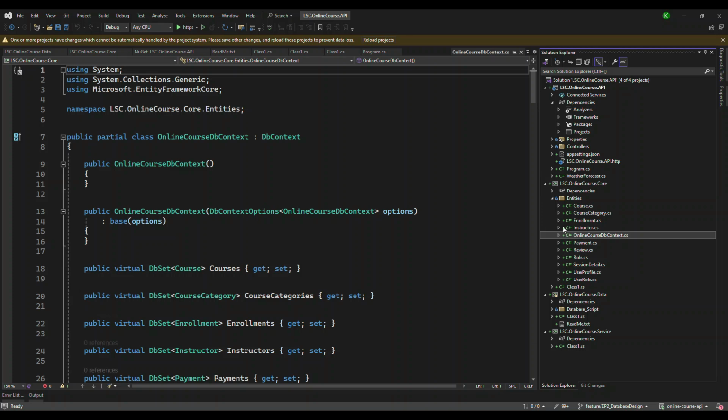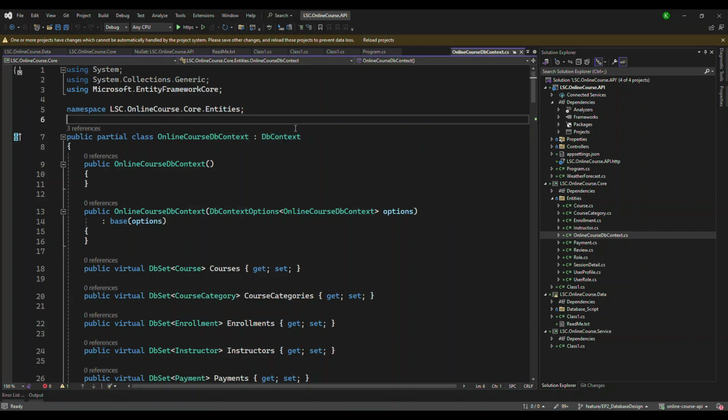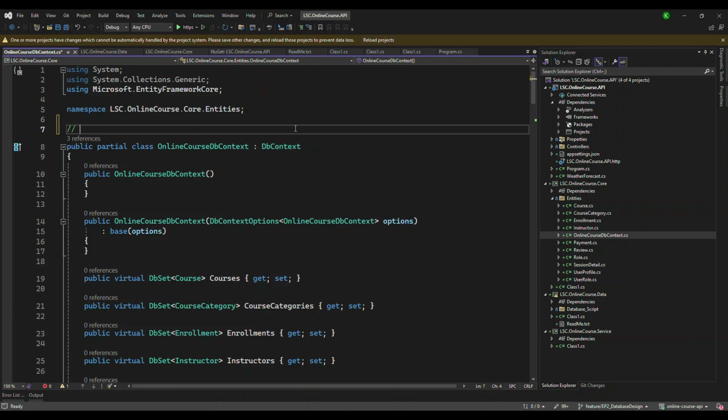One of these is called OnlineCourseDbContext. DbContext will also be created. So let's understand what this is. DbContext is something that deals with the database, and that's from Entity Framework Core. Any class that inherits DbContext can be treated as a context. If you see here, OnlineCourseDbContext is just a plain class that inherits DbContext, which means